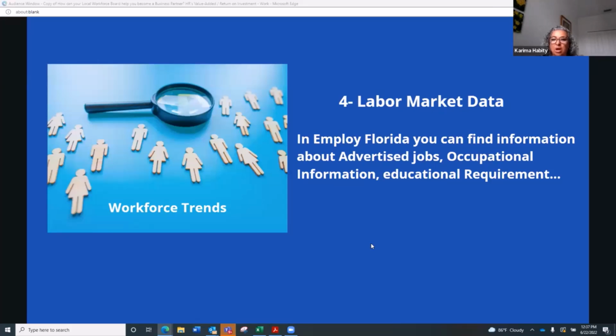that information. Occupational information like wages, future jobs in the area, faster growing occupations, questions on educational requirement for occupations, questions on employment and unemployment, employers, candidate industries, finding training providers, that's a big one, and demographic information, all in one area when you're looking at Employ Florida. We can help you pull those reports. We can show you where these are, but if you log on to Employ Florida, you can find all of